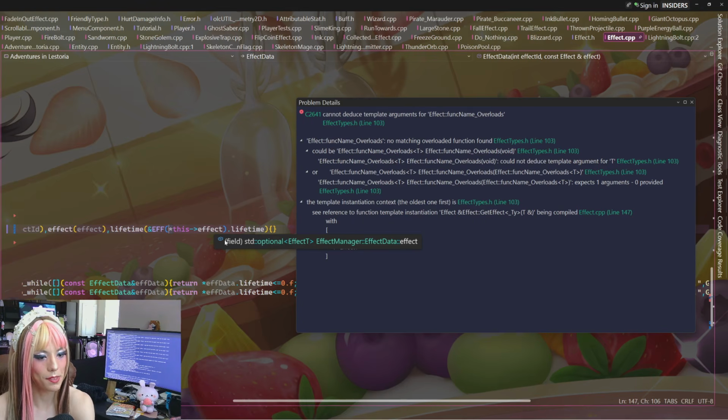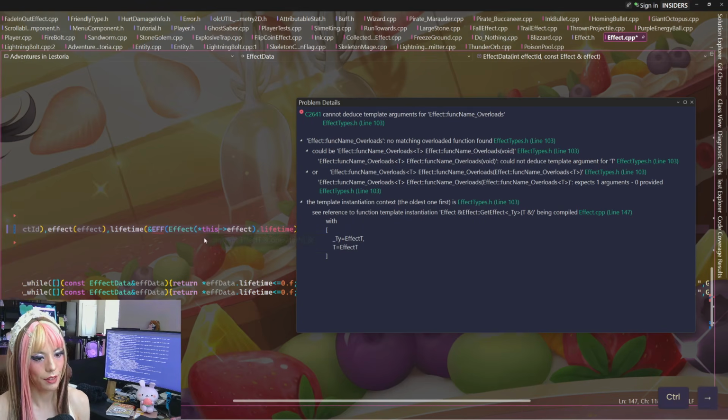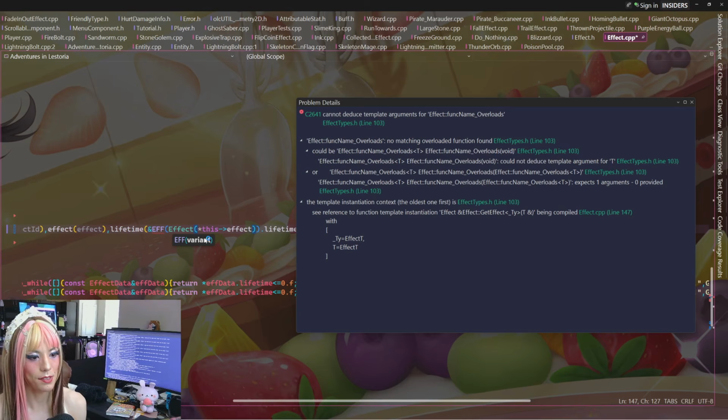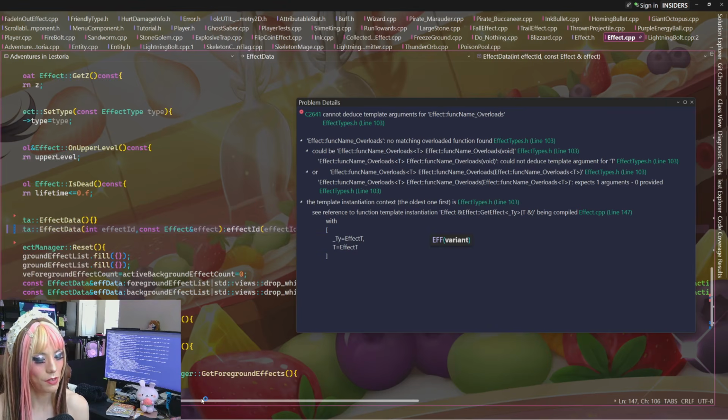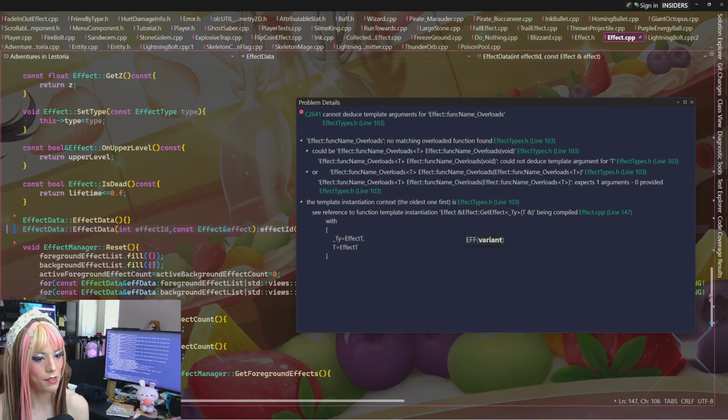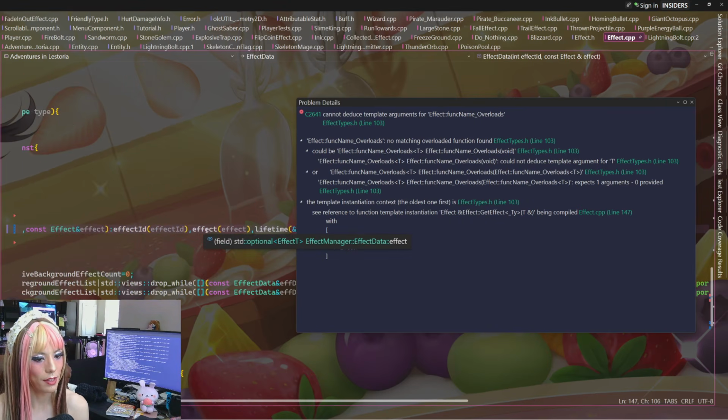Because we know it's an effect right now. I want to see what happens if I do this. Or wait, no, that's a variant. Hold on. Yeah, I'm a little confused right now. Wait a second. This effect is set to the optional effect data effect member.